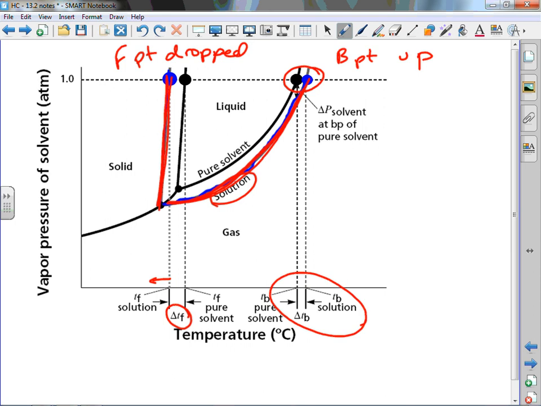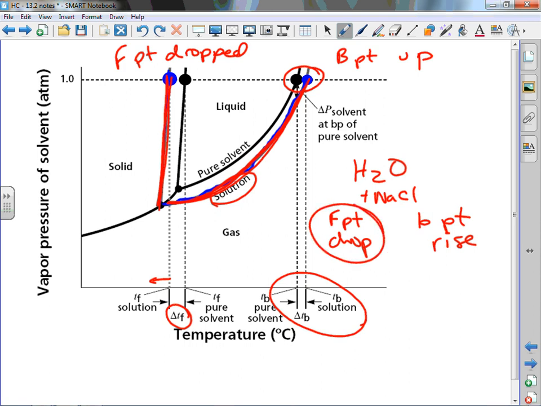That's key. If you have a pure chemical, water, and then you add salt to it, the temperature at which it freezes will drop and the temperature at which it boils will rise. Very important. We can never make the freezing point go up for water, and we cannot make the boiling point drop for water. Basically what it does is it keeps the chemical a liquid